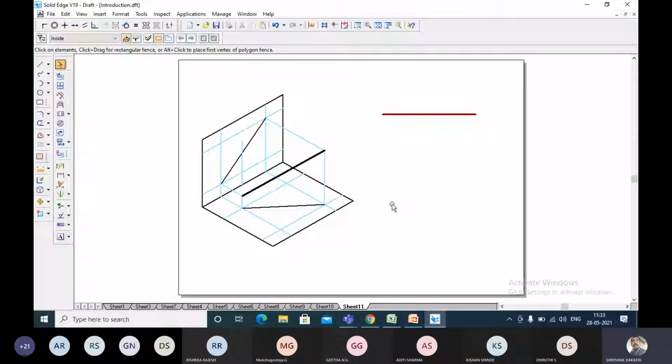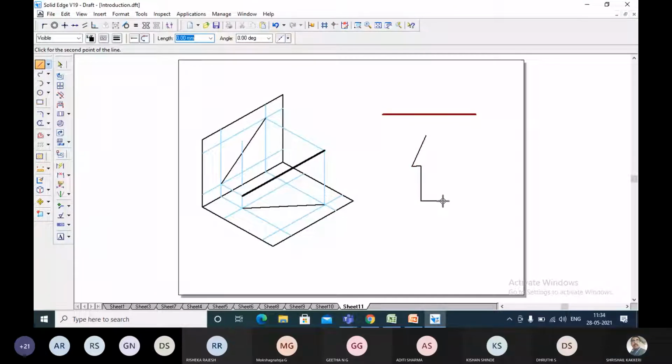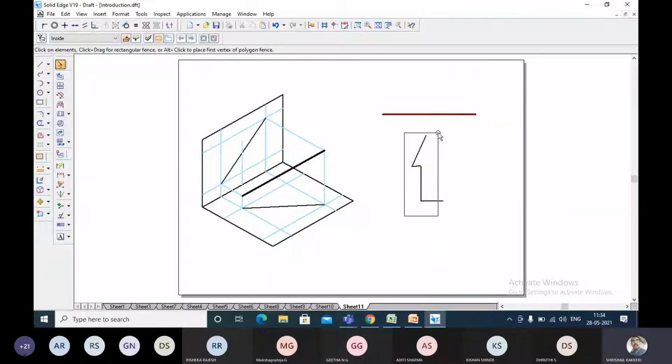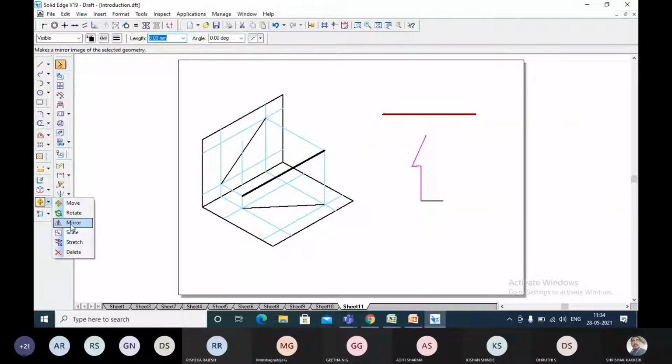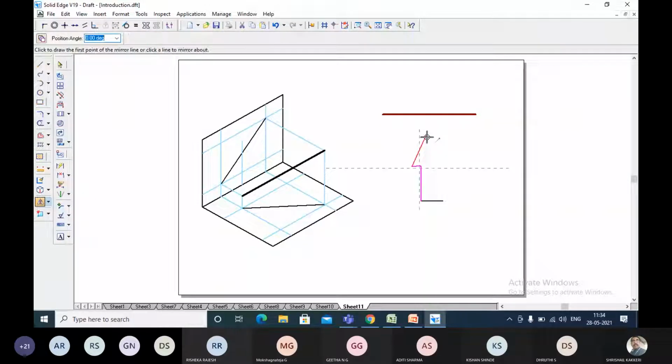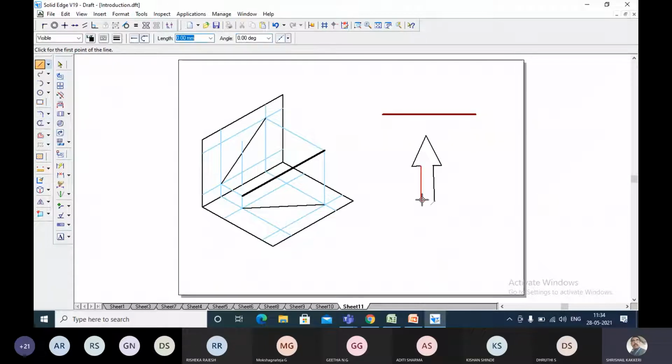The arrow mark shows the eyesight. He is looking from this end.